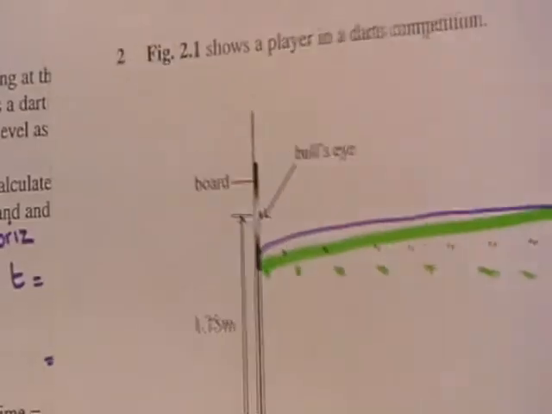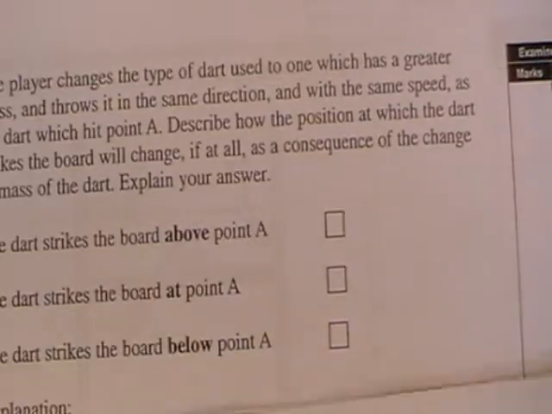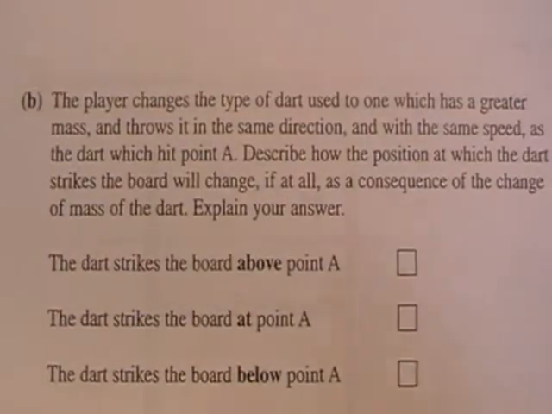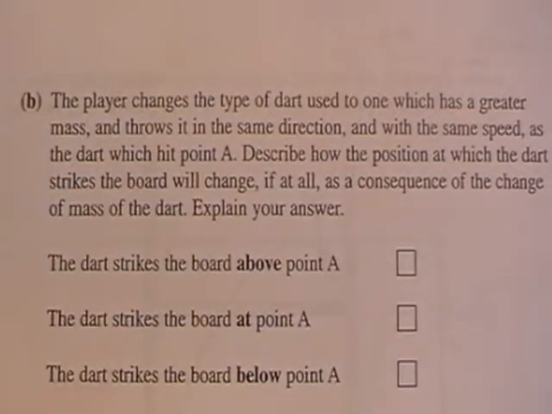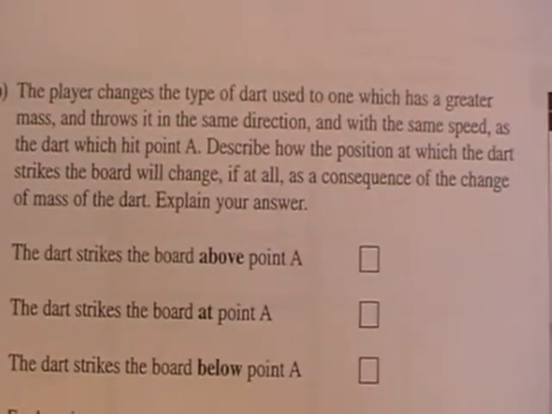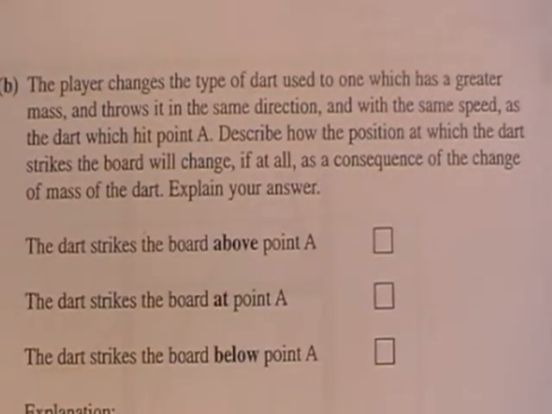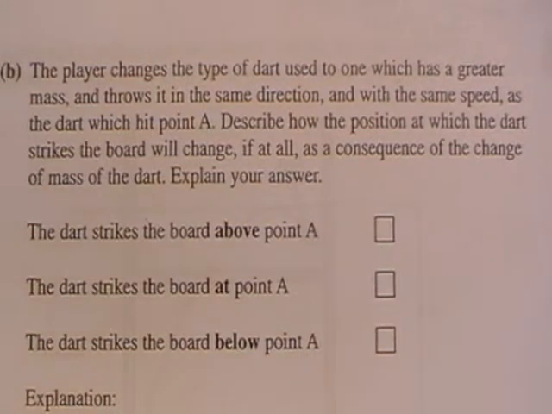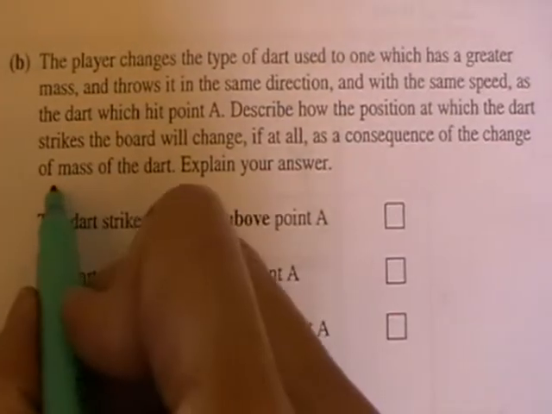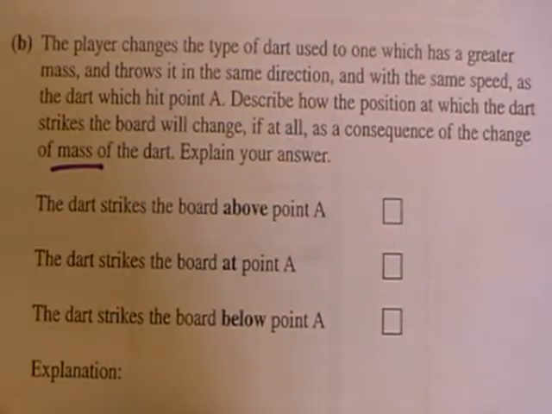Last part of that question then. The player changes the type of dart used to one which is a greater mass and throws it in the same direction, but with the same speed as the dart which hits point A. Describe how the position at which the dart strikes the board will change, if at all, as a consequence of the change of mass of the dart. Explain your answer. Now, the mass of the dart is irrelevant, and the reason is that the mass of the dart